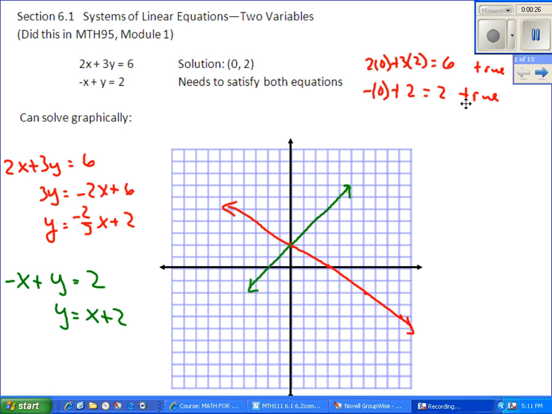The solving methods, there's three different solving methods. The graphical solving method: we can solve both equations for y to make them easy to graph, and then when we graph them, the graph represents all the solutions to a particular equation, and the one solution they have in common is where the two lines intersect, and that's the point (0, 2), which is our solution. Another solving method,